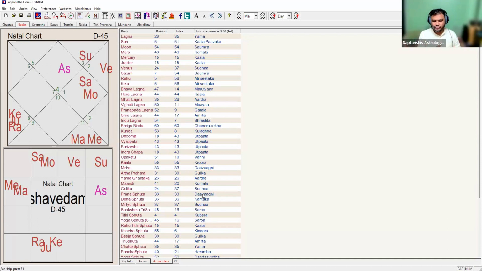Like if you see D45, Saturn debilitation, Moon with Moon. Yes. Sun is in Gemini sign, 4th house in D1. Okay, Venus, Taurus sign in the 3rd house. The Sun is still better here. But still the rest of the planets are not in a good position. So compared to D40, D45 is more prominent for us, from the father, paternal side. Yes, sir.